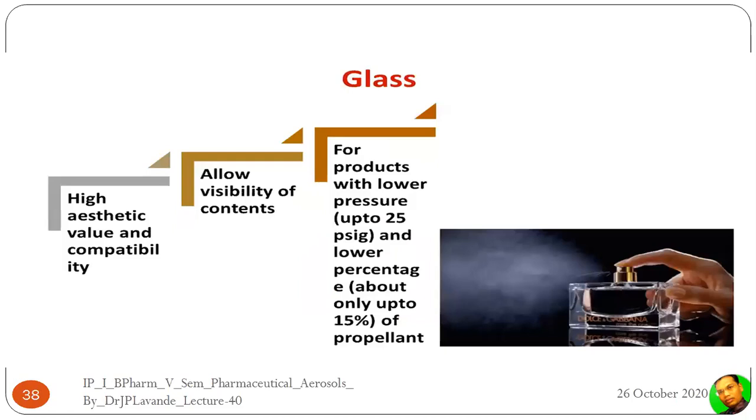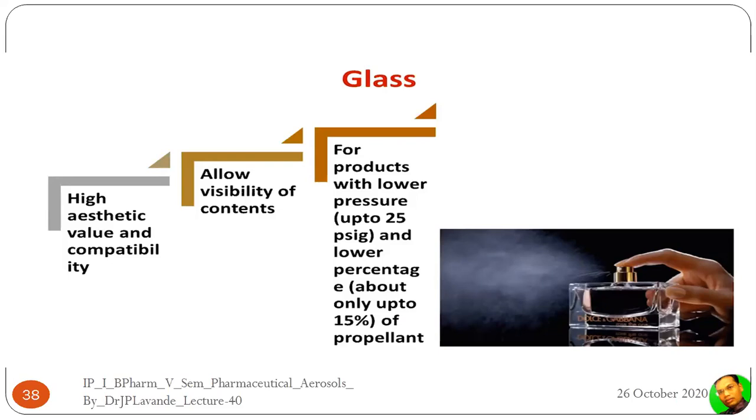Now, if you see the glass, the glass could be used as a container in case of most of the sprays and perfumes, right? Because of their high aesthetic values. Have you ever imagined that the spray system, or the perfume, or a fragrance is going to be packed into plastic or aluminum? No, you cannot, because even for a very small volume you are going to be paying much, and that's why, in order to increase the aesthetic value, generally glass is used in case of the sprays and the perfumes.